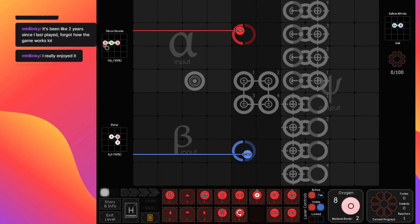And it is this. Now, this is silicon dioxide, also known as sand, or in this case, so silicon dioxide actually does show up in one of the campaign puzzles, but it shows up as a big block, because yes, technically that is how silicon dioxide will actually show up, although it's not 100% accurate. I'll spare you the details, but the TLDR of it is I'm a material science engineer, and silicon dioxide shows up generally as non-crystalline, as sand, because quartz is the crystalline version of it, and quartz does show up the way that's portrayed in the